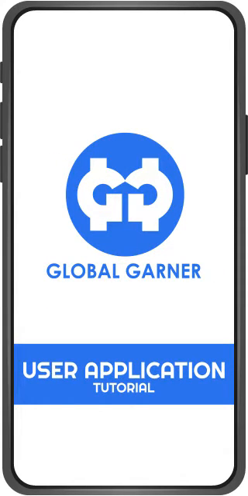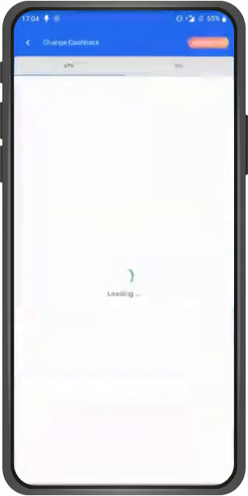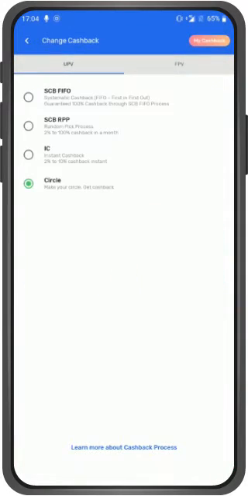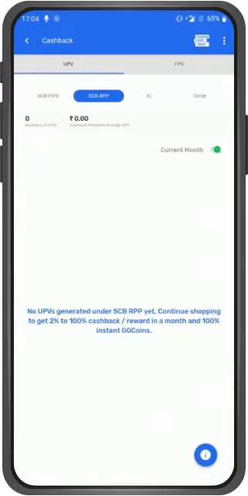You can log in to your account by entering your username, which is your registered mobile number, and password. This is the home page of the Global Corner application. On the top of it, you can find the user location option. On the right topmost of the screen, you can find the option to change your cashback option with 4 different types, which we will learn later. Also here on the screen, we have the option of My Cashback, which will give you the information of your own cashback.